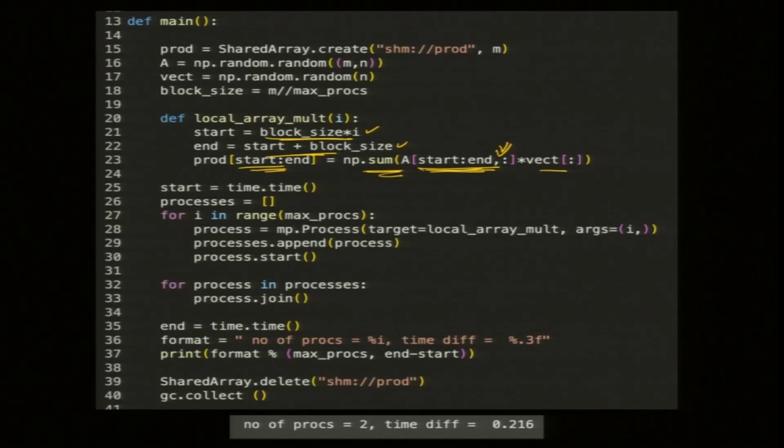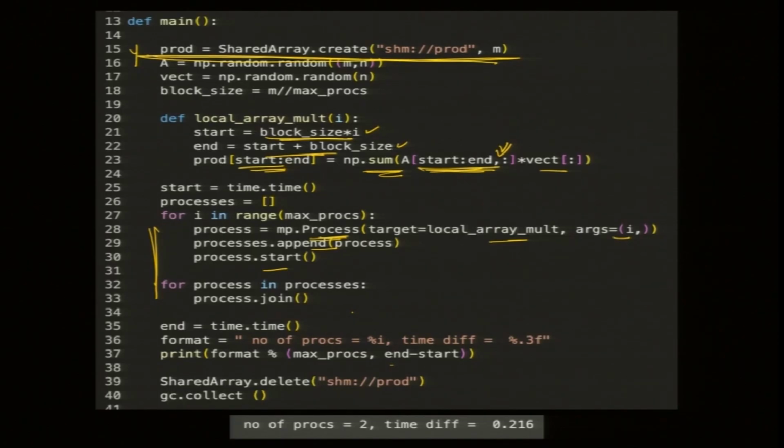I just go with the simple one, the first one. I just create a process with arguments, append it, and start it. The data is already there, so I am not doing any sum here, and I do not really need a manager. Where is my product? The product is stored here, in shared memory. This is my product, y.